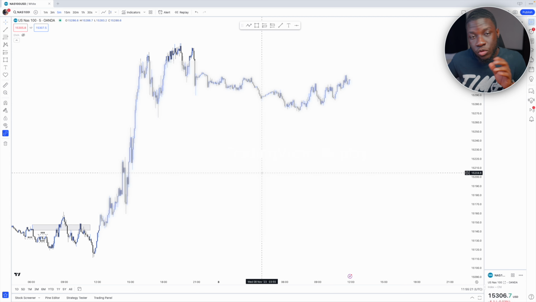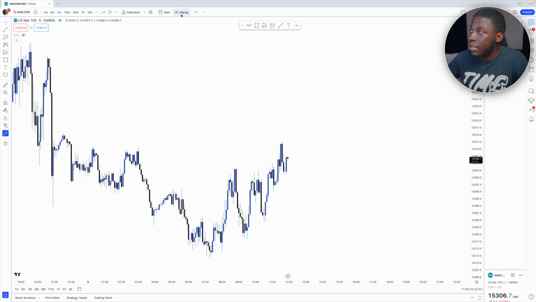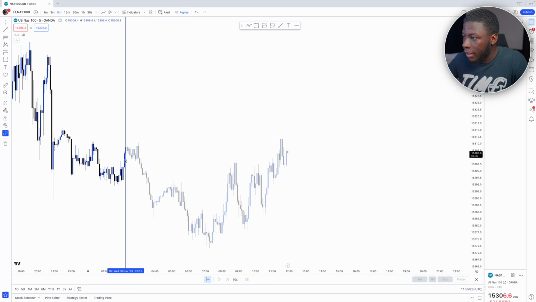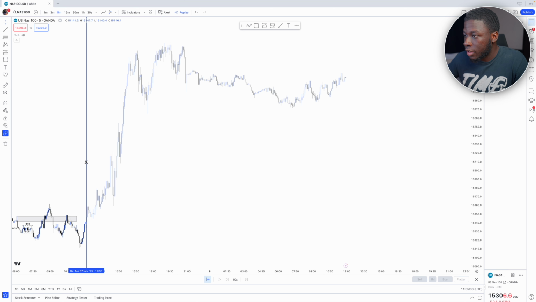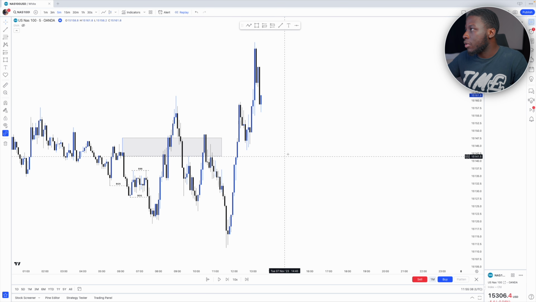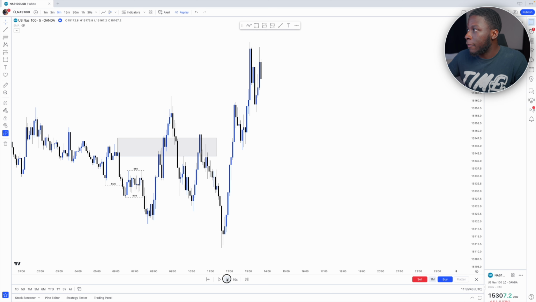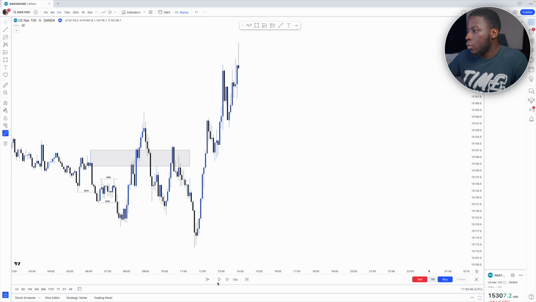So the first way is using TradingView, and this is free to everyone to actually use. And what you want to do is go onto the replay section right here. You're going to go back to whatever time that you actually trade. For example, let's say you trade New York session, you'll go to Tuesday at 1:30 or at 12, depending on when you start. You click on that point and now you'll see that time has actually gone backwards, and then you would simply just click on this to go forward,